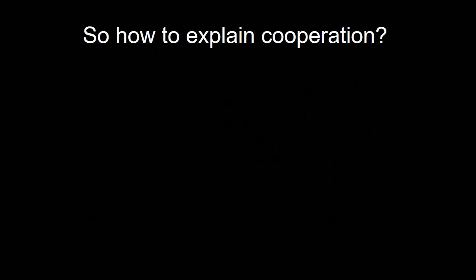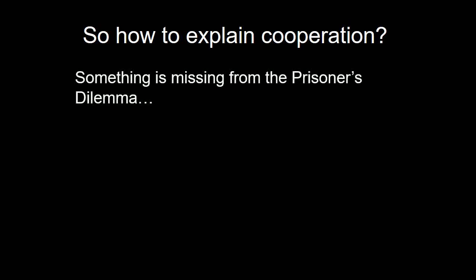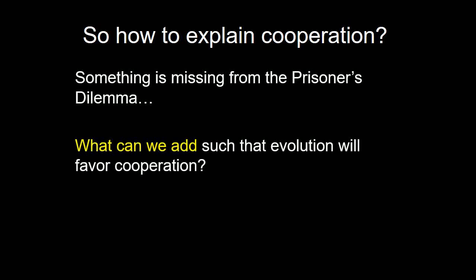And so what we're going to spend most of this class doing is trying to understand what's missing from this story. This is a very pessimistic story which says no one should ever cooperate. But cooperation is this fundamental aspect of life that not only is it very important, but it's also very common. In the next lecture, we'll give lots of examples of cooperation occurring in our lives to motivate this. So the real question is how to explain that. And another way of saying it is, what's missing from this prisoner's dilemma description of social interaction? Or in other words, what can we add to the prisoner's dilemma to make it so that